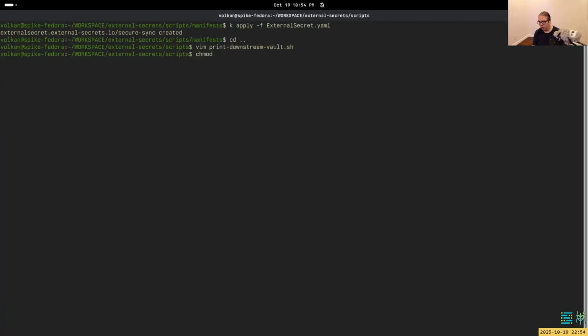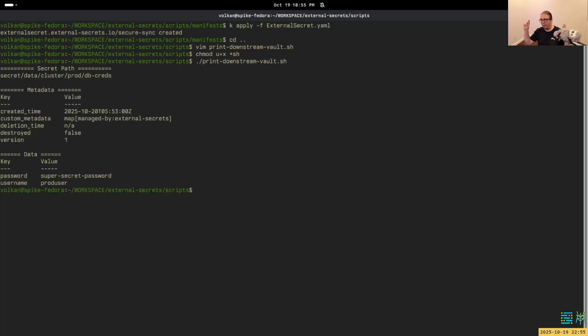Change mode, u+x, u star sh. Then print downstream vault. And bingo. So we have propagated a secret from upstream customer mimicked vault into an in-cluster vault